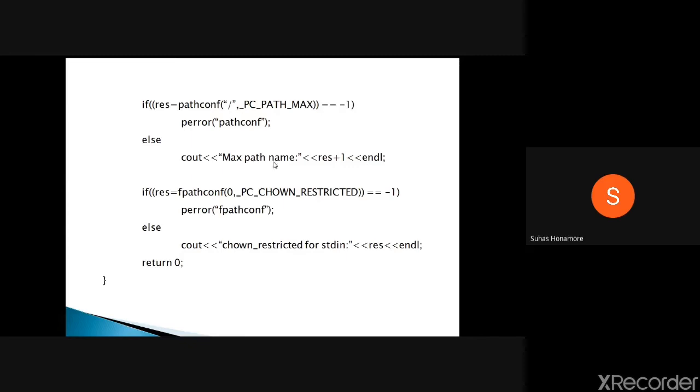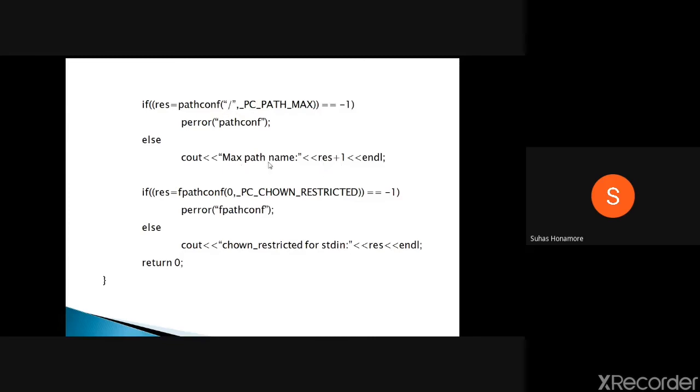While printing we do +1, because you always consider the 0th byte also. So the total maximum size is the 0th byte plus whatever number comes. Suppose it is given as 255, we print 256. So the maximum path size you can give is 256 bytes.